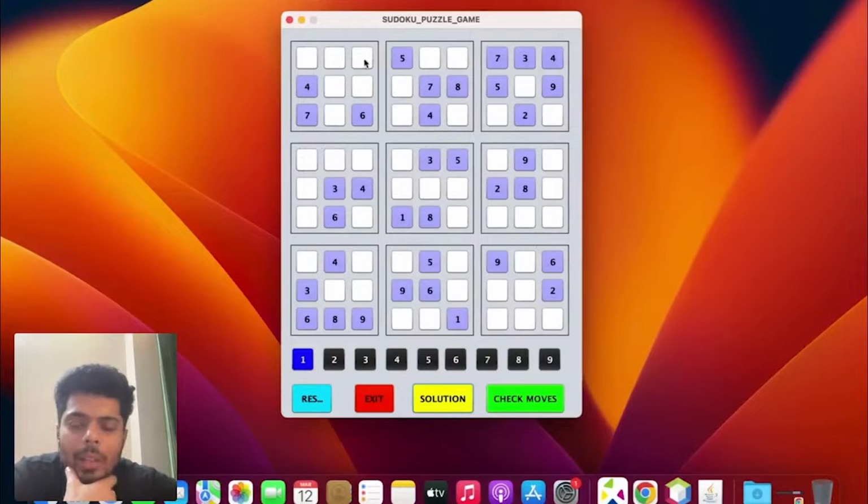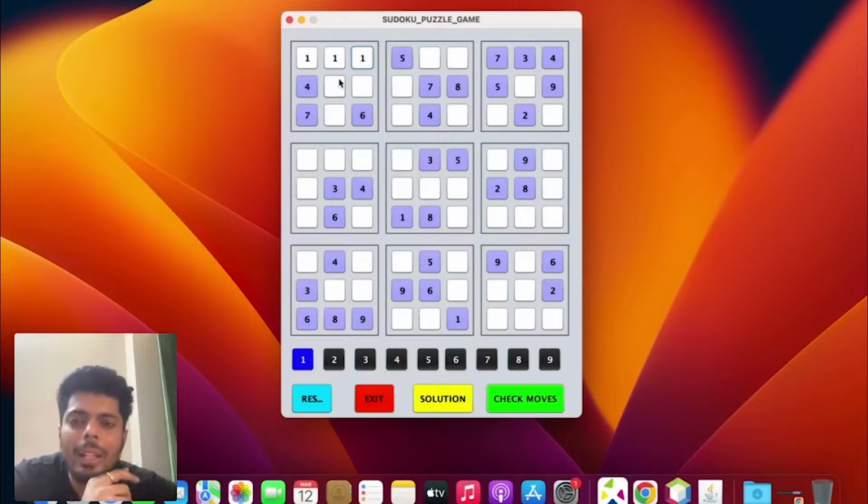A 9 cross 9 2D matrix will have 9 rows and 9 columns, and accordingly each of them is a button. The grid which you can see here is a button. Why do I need a button here? Because on the click of this grid I want some execution. So of course I can set the functionality.